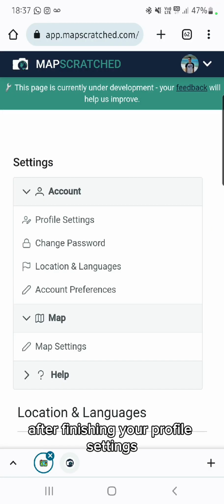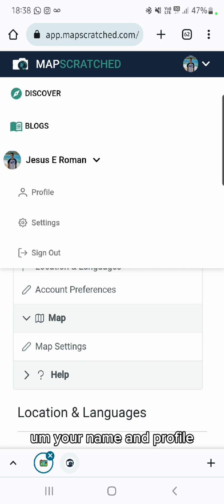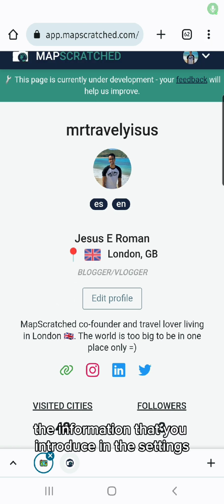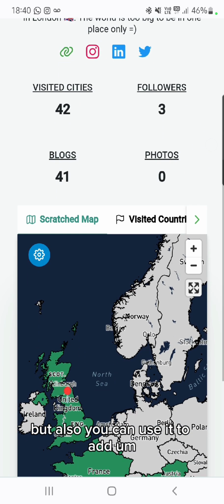After finishing your profile settings, you can navigate to your own profile by clicking on the top right icon of yourself, your name and profile. This will direct you to your own profile page. The information that you introduce in the settings will be displayed in your profile page, but also you can use it to add